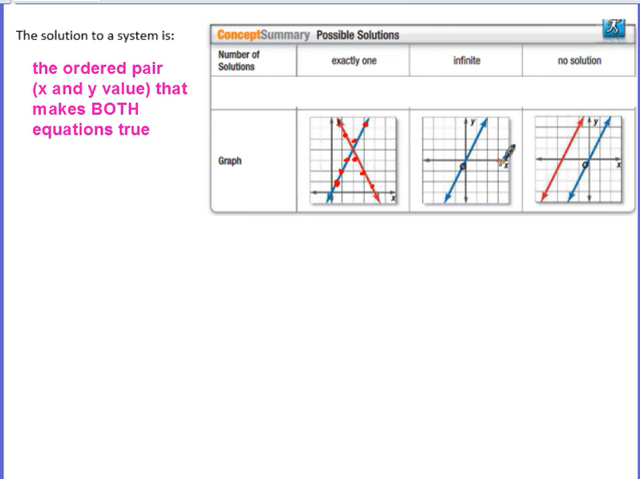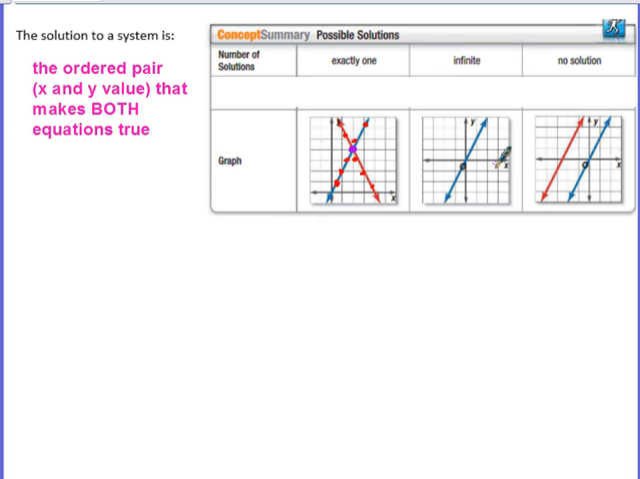But when we have a system, we want one point that will make both of them true. And the only point that is on both lines is right there. So wherever the 2 lines cross, that ordered pair is the solution to the system. Okay? So here we have 2 lines that cross, and they have one solution, the ordered pair where they actually